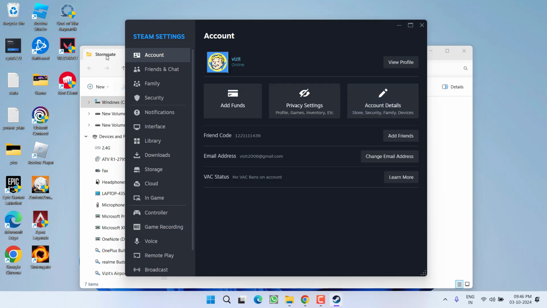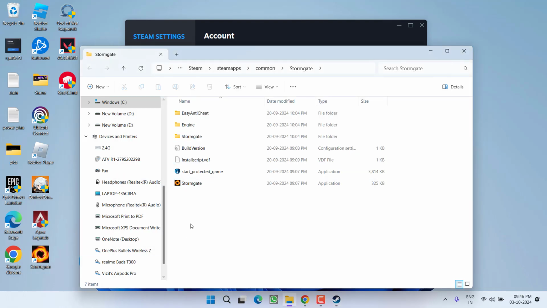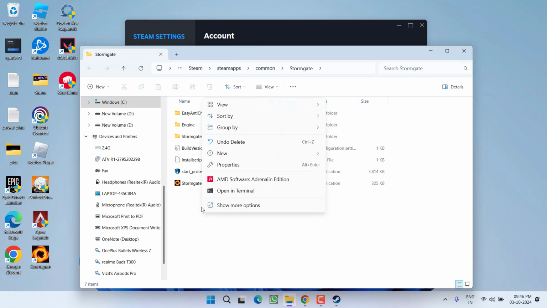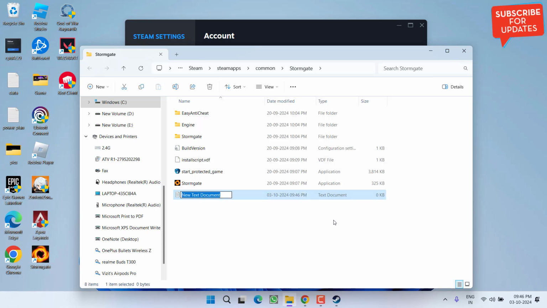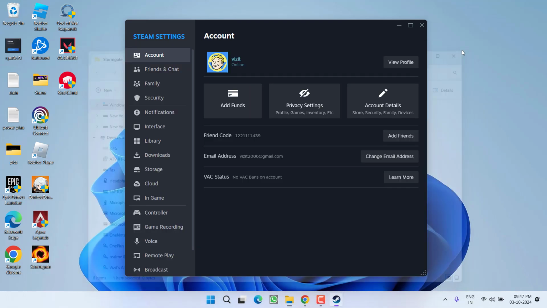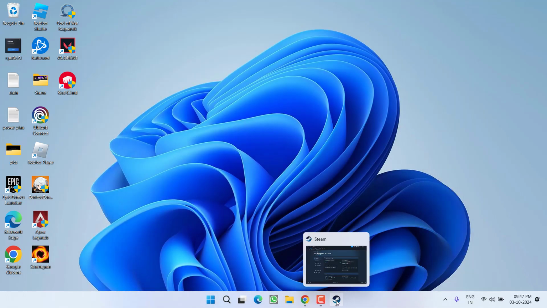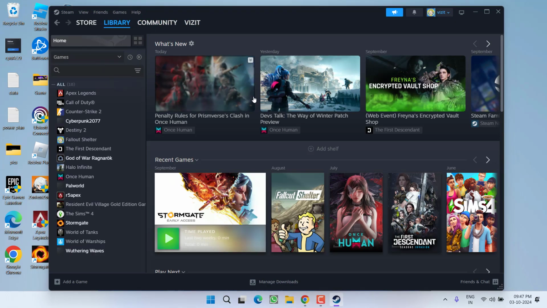After copying the file, open the directory of the game. Now you need to create a new file. So right click and choose the option new and select the option text document. Now give it the name steam_appid, with the app ID that we have just copied. So type here the app ID by pressing the Ctrl+V key. Once pasted the app ID, hit the enter key. Once it is done, close it. Now go ahead and relaunch your game and hopefully this will fix the issue of Steam no license error.